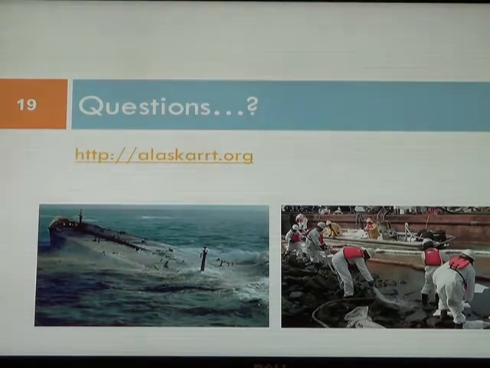Where will you be storing the dispersants? Right now, there are only two places for dispersants in Alaska. One is Valdez, and the other one's Anchorage. There are no plans to move them elsewhere. The question was, where would dispersants be housed? And I mentioned, this is Rick Burkhardt, that there are only two places in Alaska with dispersants right now. One is Valdez, and the other one's Anchorage, and that there are no plans to move dispersants anywhere else.